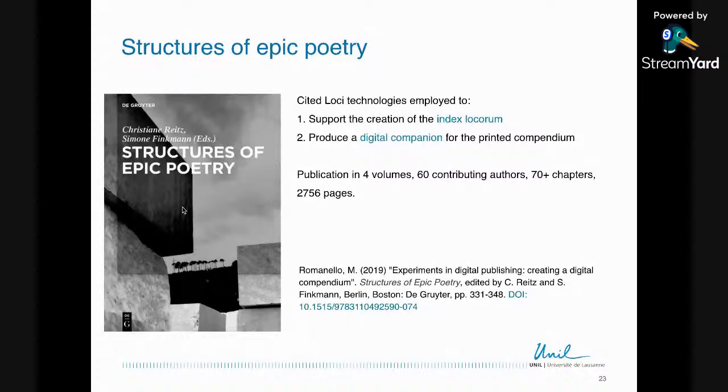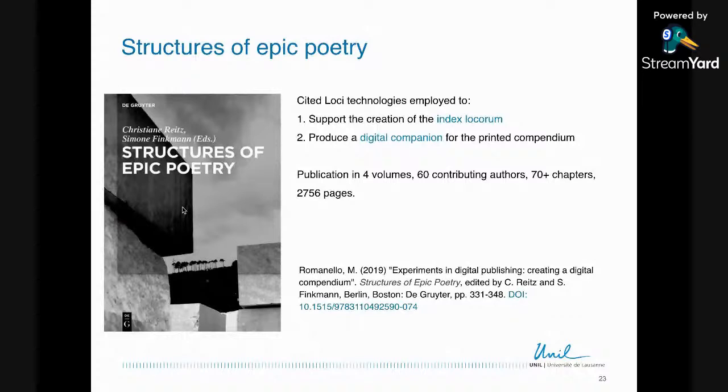It was actually the only index of the publication that we did semi-automatically. The other ones were more feasible to do manually, and they were done manually. So the only one that was done semi-automatically was the index locorum. And overall, just to give you an idea of the extent of the index locorum spread across the 4 volumes, it is 87 pages long. So quite a lot of references in there.